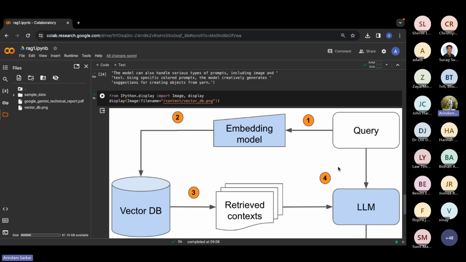Let's say you have some question, it will convert it to some vector representation, or let's say it will do some encryption, right? And then it will pass it to the vector db, and for that particular question, whatever answer is present in that db, it will try to retrieve.